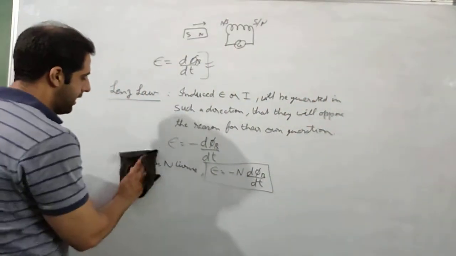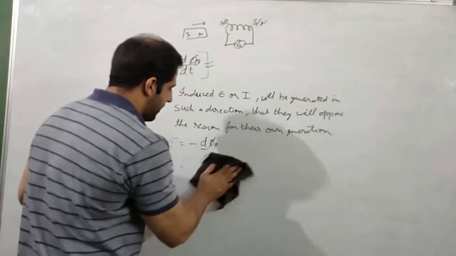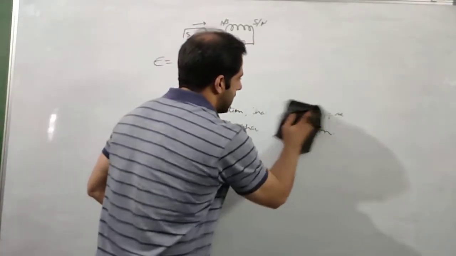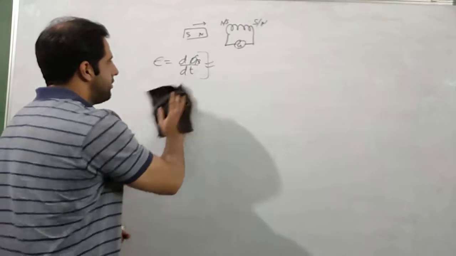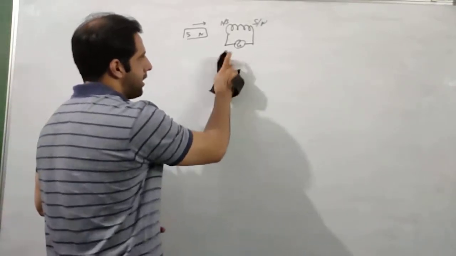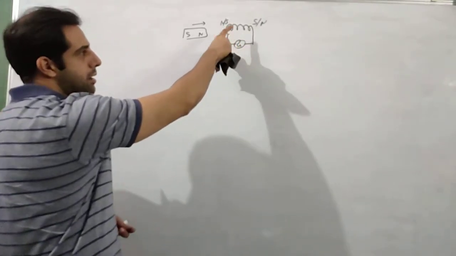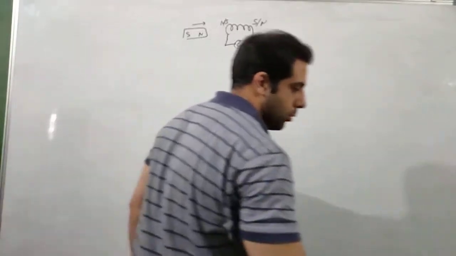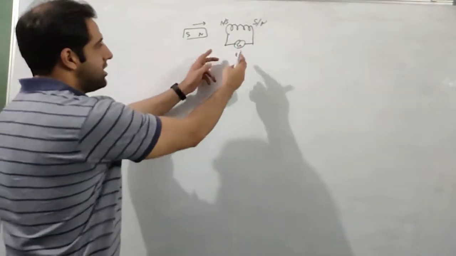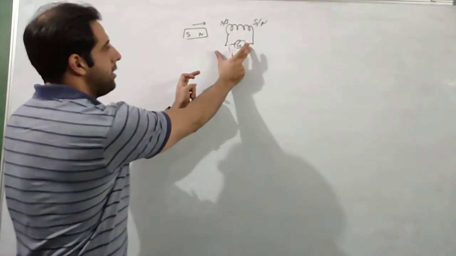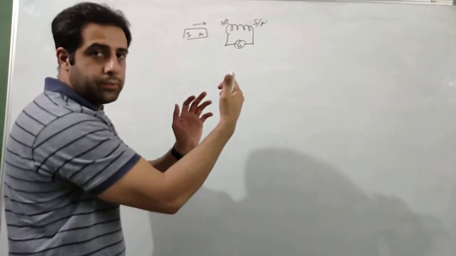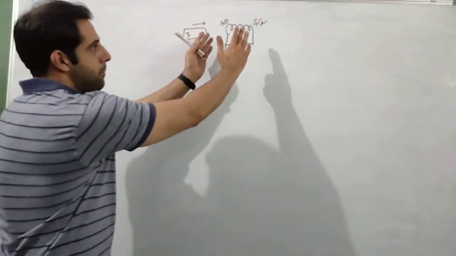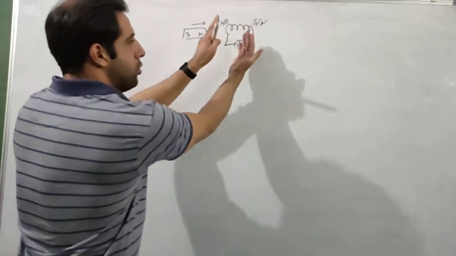How do we explain this Lenz's law in a practical way? Now I told you already that the current will be induced in such a way that it will oppose, and if current is induced, that means there will be a magnetic field, and if there is a magnetic field, that means there will be a north and south pole. So now let us change the orientation of this coil. Let me rotate it towards you. So you are seeing this coil from this side. I am bringing this coil from here to like this.